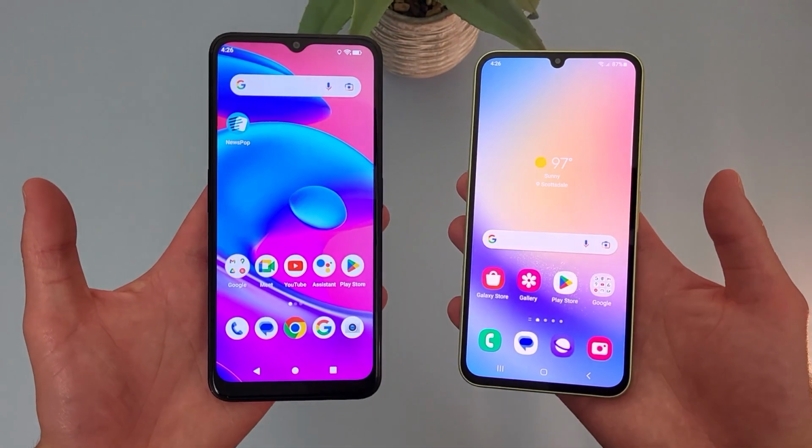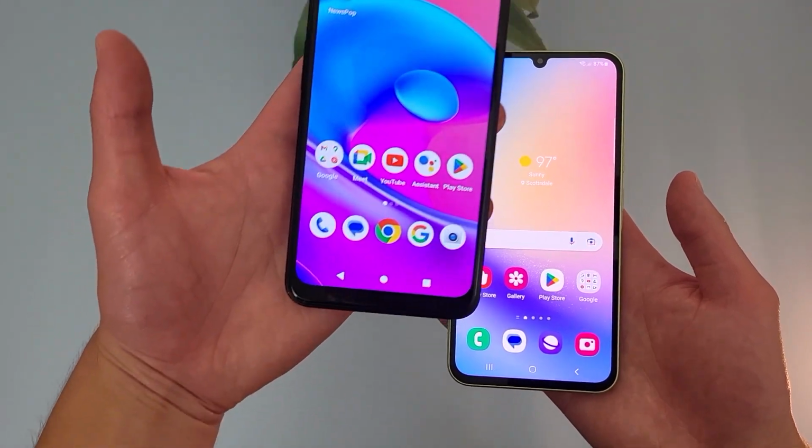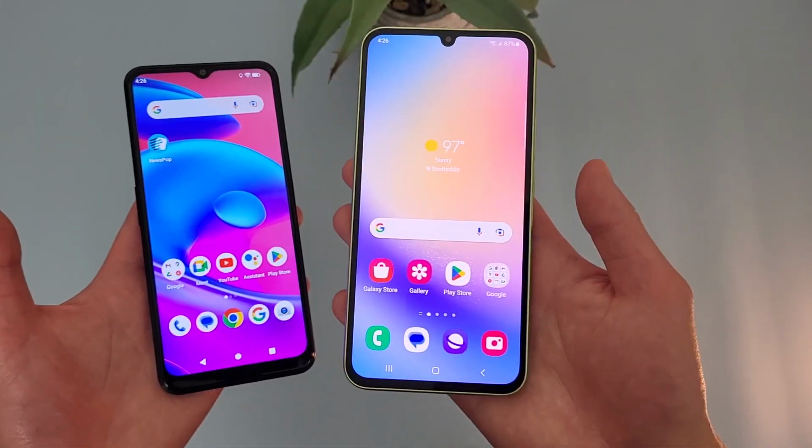In this video, we're going to be doing a quick comparison between the BLU F92e 5G and the Samsung Galaxy